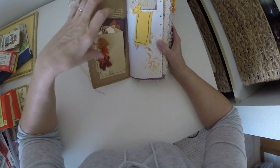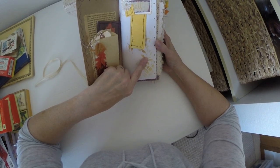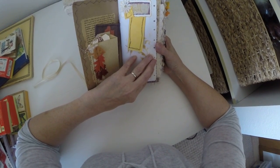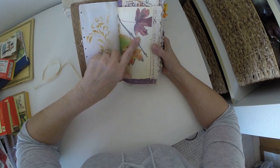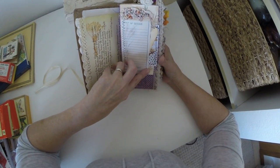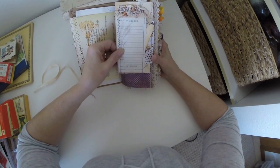Sorry about that. Have some felt leaves here. I have some vintage papers. Some are coffee stained, some are not. I have a tuck spot up in here that I kind of did a little collaging. And then Edith Holden papers. I have a lot of lace in this one, and some stamping on there. Made this little